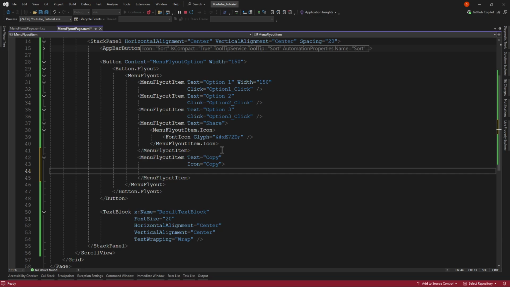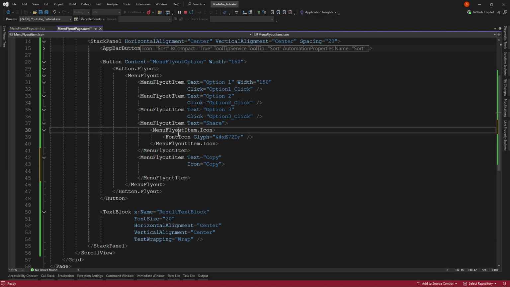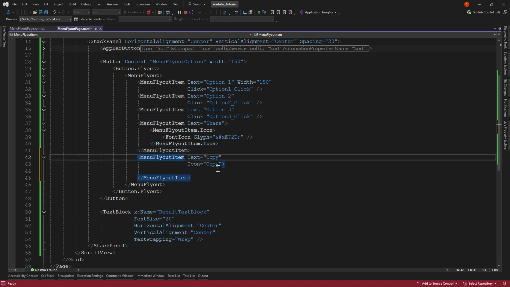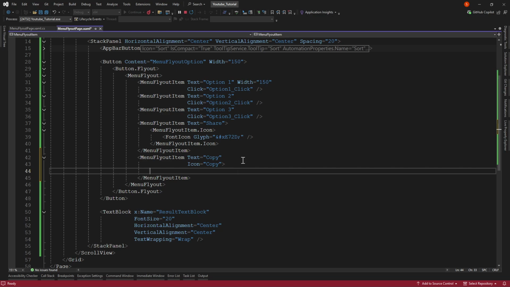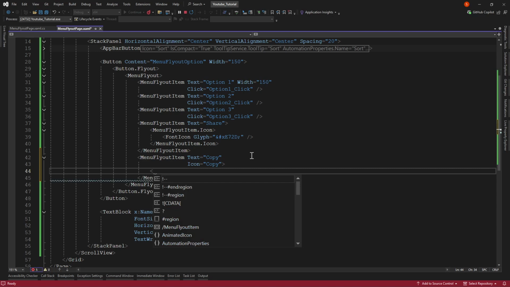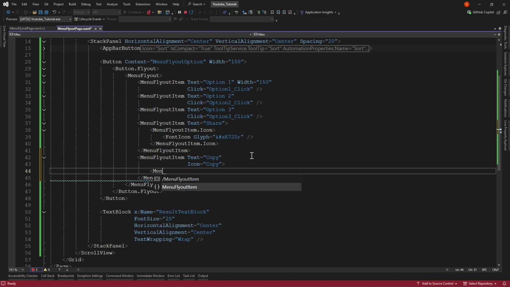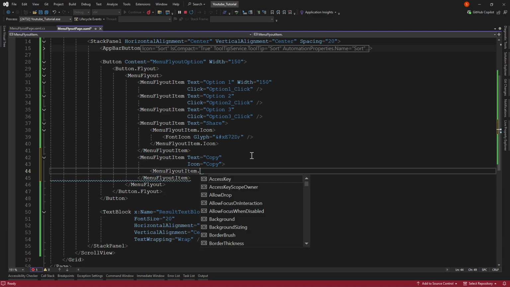You can create a chart like this in here, but I just make a short code. And now I need the keyboard shortcut, so we use menu item dot keyboard accelerator.